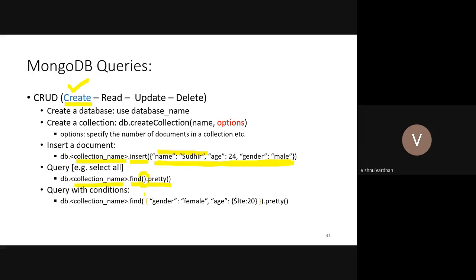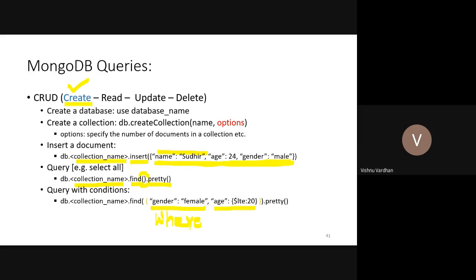Otherwise, you can provide some conditions or criteria, like gender is equal to this, or age less than 20. These are criteria we can use to get a filtered result set from the MongoDB database. This works exactly like a where condition in normal SQL operations: where gender is equal to female and age less than 20.